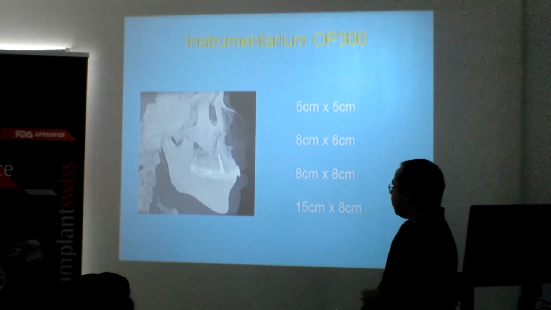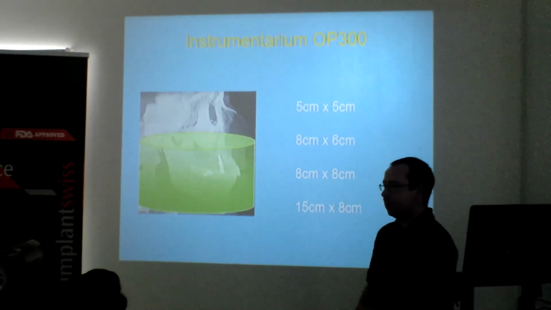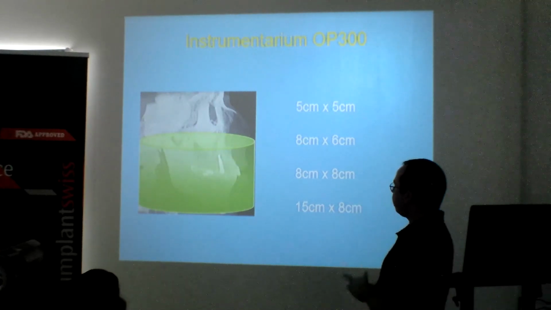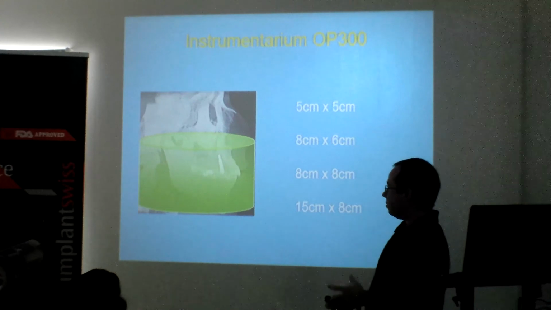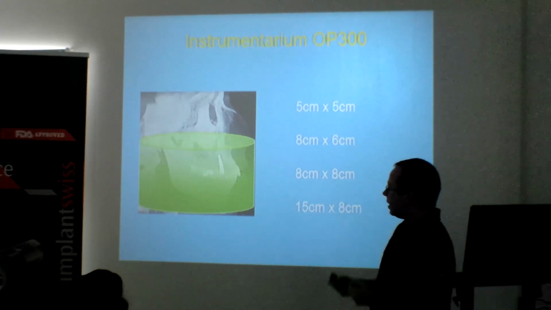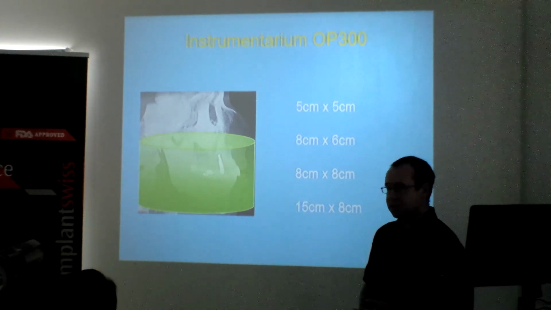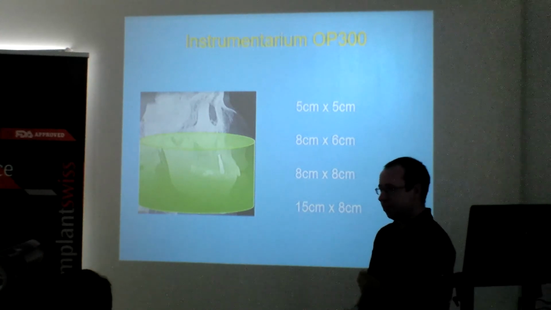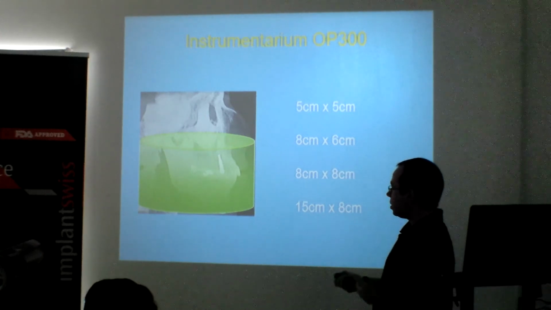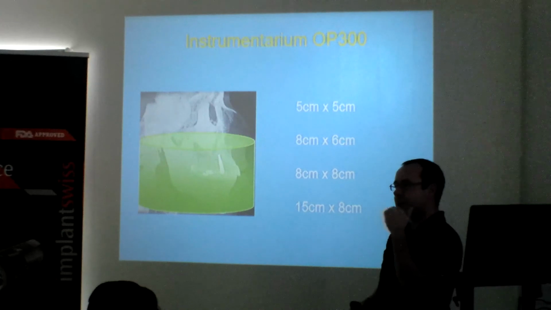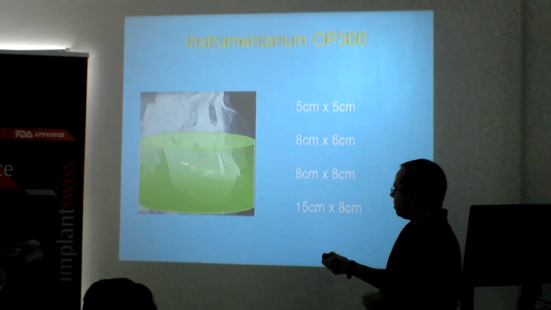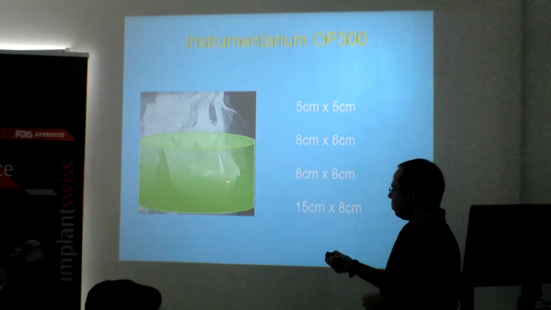And then we have a 15x8 field of view, which is a 15 width and an 8 height. So you can see the problem we have when we're trying to do scans just of the lower jaw. This actually takes in most of the upper jaw as well, because it's designed to fit in the TMJ. So what we're working on at CTDent is actually a new platform for the patient to rest their chin on. So when using this field of view, it actually raises them up higher. So we're actually limiting what we're actually scanning. So we're going to try this and see if it works to actually be able to